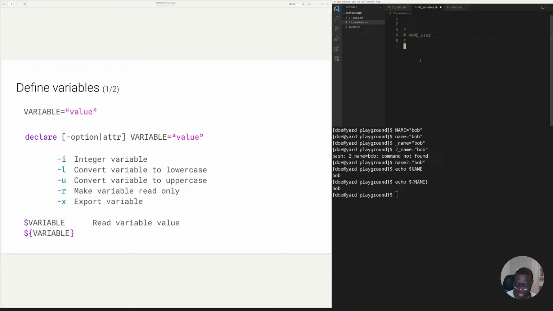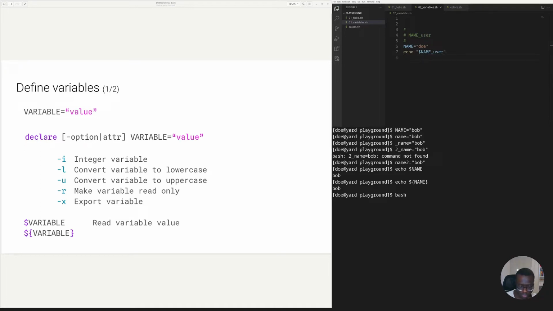So if I create my user with name, let's say my user is Doe, and if I just do echo $name_user,